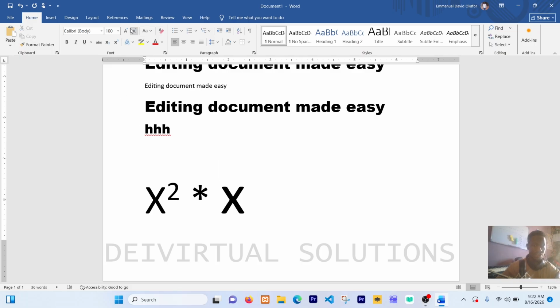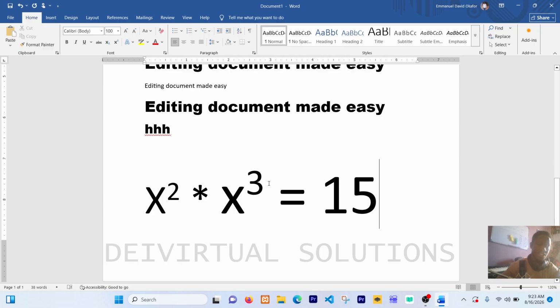Now I will activate my superscript and I will type 3. And I will remove my superscript. Now equal to 15. So something like this equation. Now you use superscript